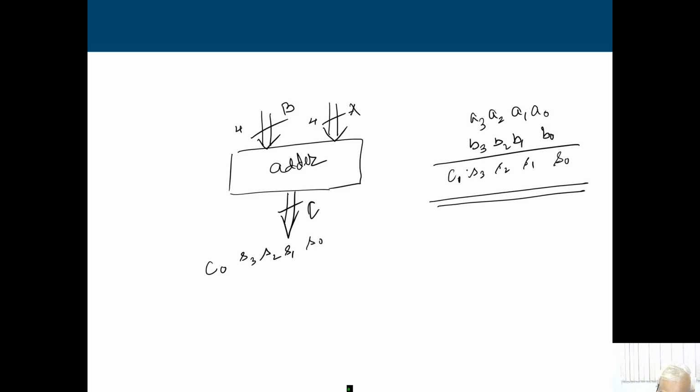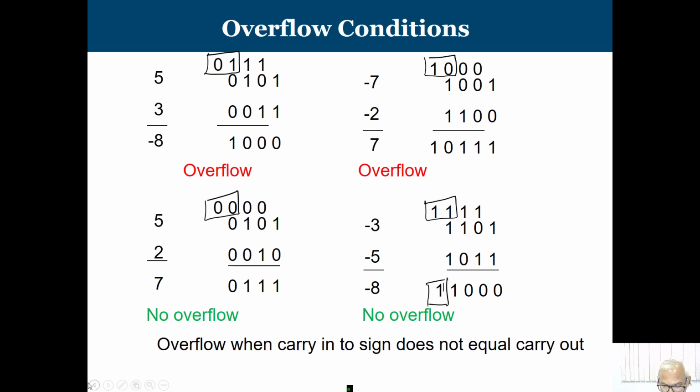Now, how are we going to identify that this is the correct result? Because we are implementing the adder circuit, we are adding these things, but we are not always going to get the correct result, because in this situation we are having the overflow situation. We are adding 5 and 3, but we are getting negative 8. So, these are the overflow scenarios. So, how to indicate it? By looking into these two bit positions we can indicate it.